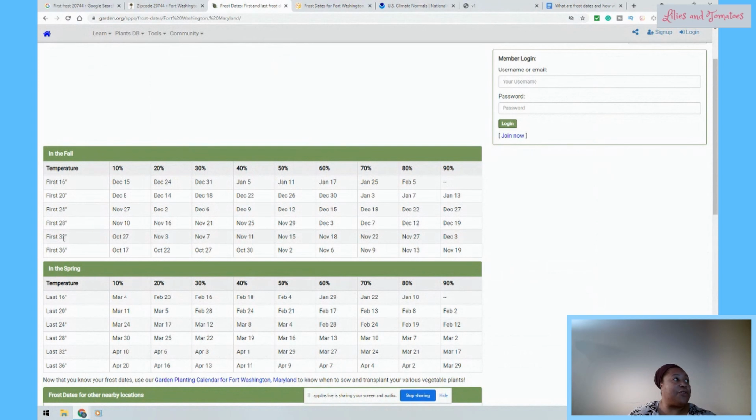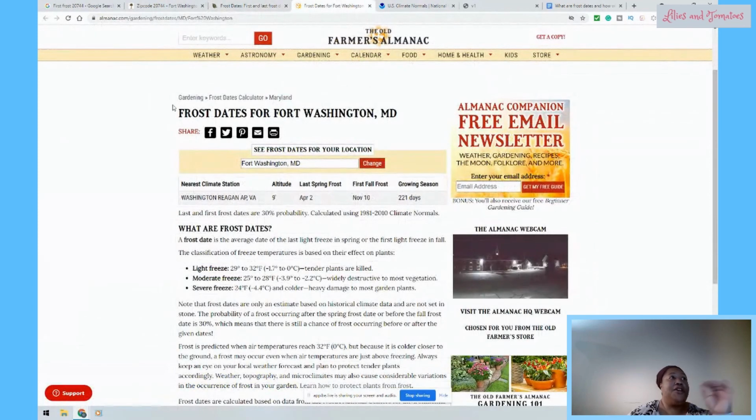But when I'm looking for the first fall frost, so this is fall, temperature 32 degrees. A frost is when the temperature is 32 degrees. The 30% date, which is what most websites will give you. If they just give you a date, they're giving you the 30% date. This says November 7th. So this is not the date that I'm looking for either. So if you're just looking for a quick answer, I recommend that you pick the Farmer's